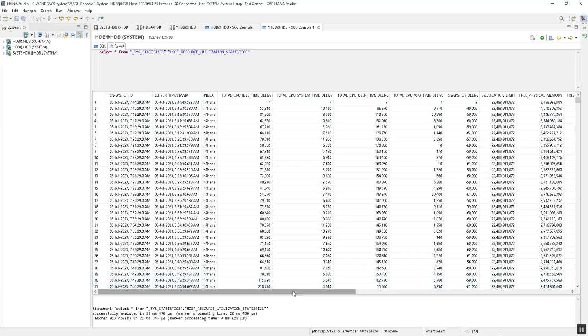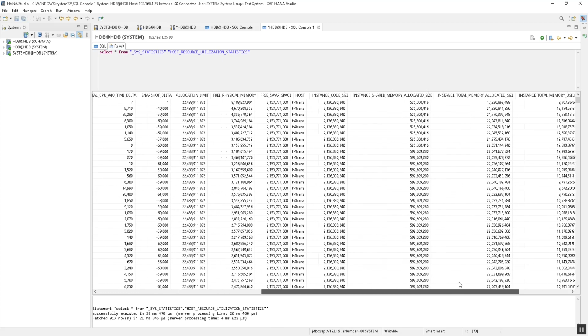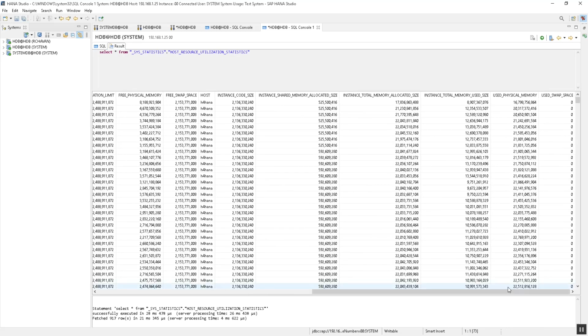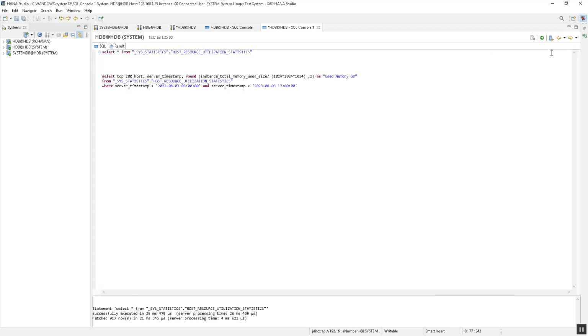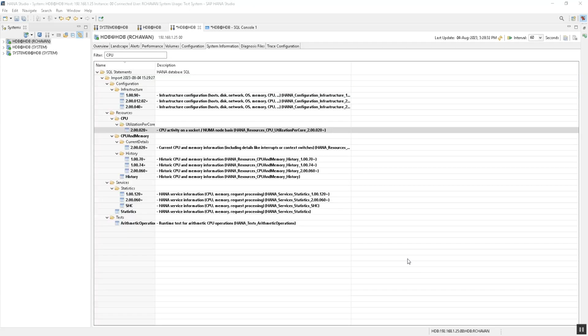Similarly, there are a few other pieces of information you can get which will help you identify issues related to the HANA system. We can also create our own statements. Similarly, there are multiple statements provided by SAP, so you can download them from the SAP note